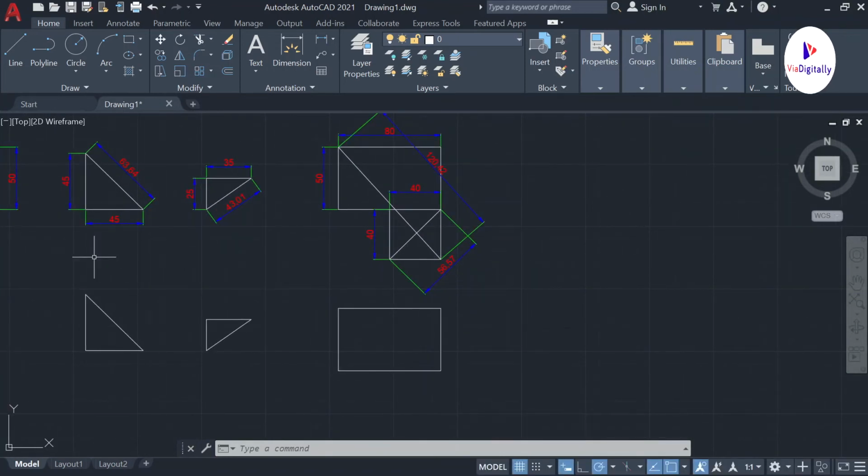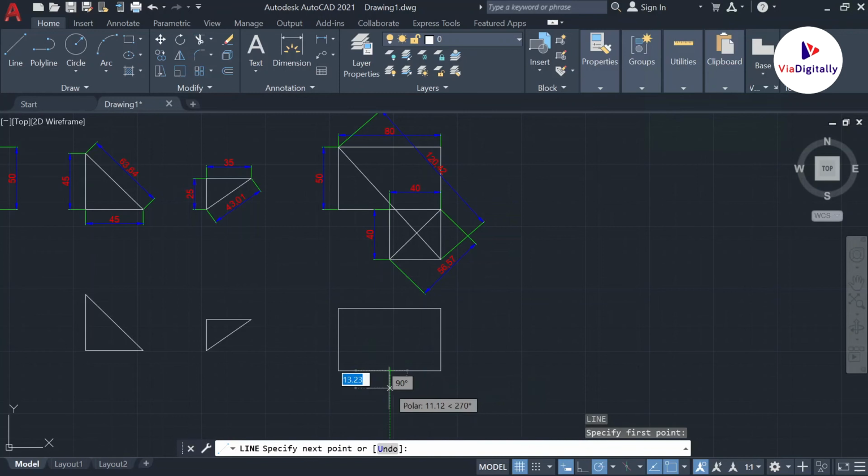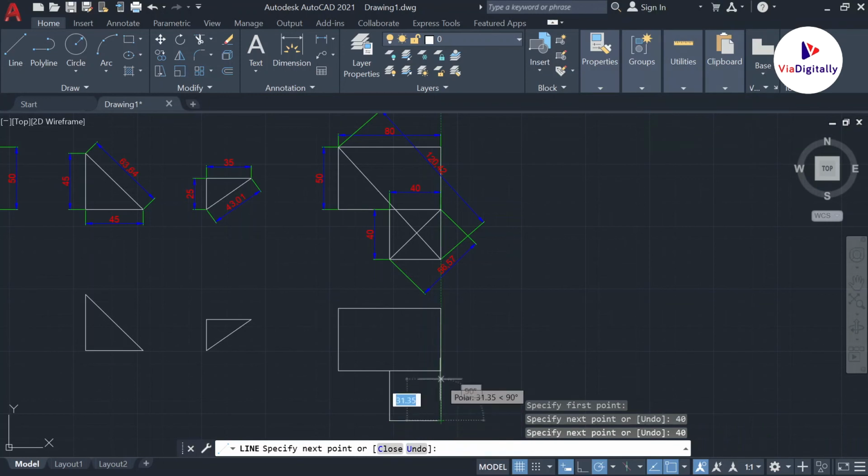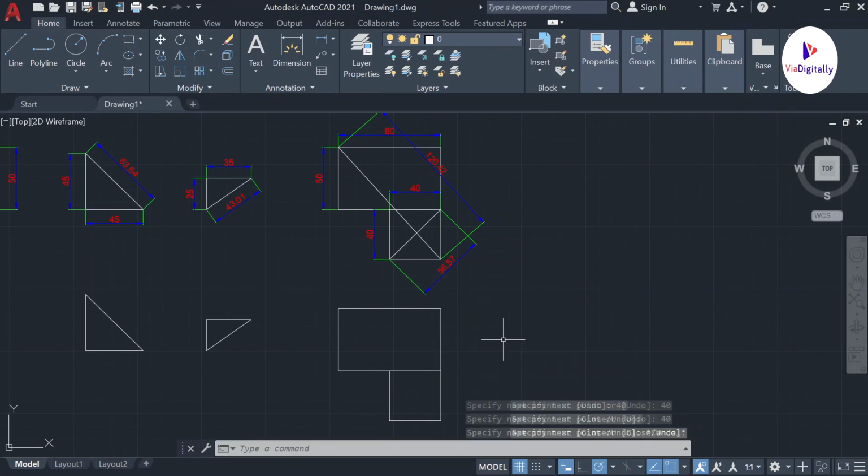Now it's our turn to draw the bottom square. Let us take the line command again, and this is the 40 point. This is the midpoint of this line, since the whole length is 80 centimeters and 40 is the point where it starts, which is nothing but the midpoint. Thus I am starting from it, and the length of that line is again 40 centimeters, and even the horizontal length is again 40 centimeters, and simply I need to join this line. So there we go. We have completed drawing this.